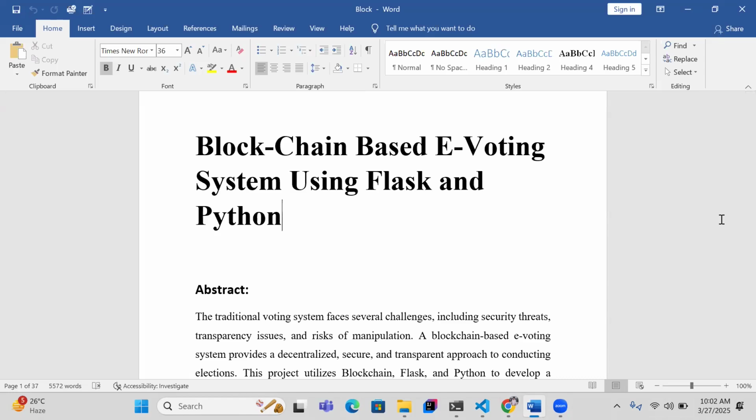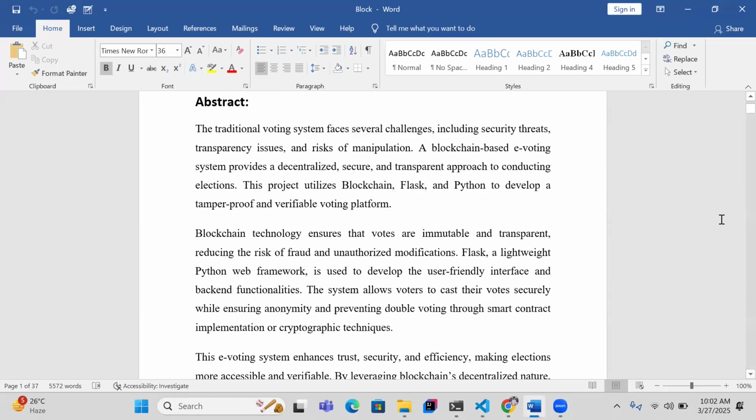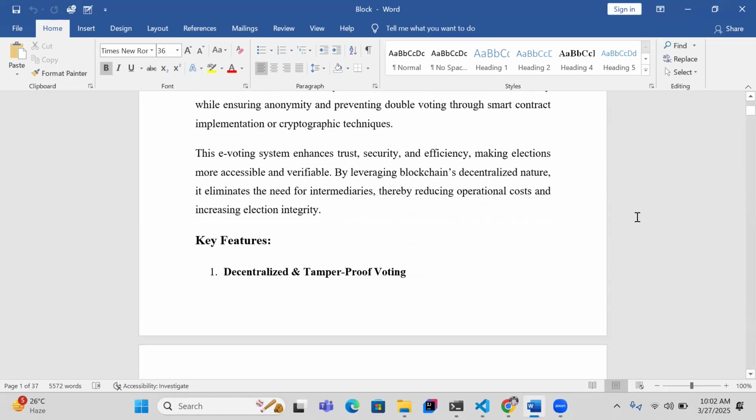The project name is blockchain-based e-voting system using Flask and Python. So the system uses blockchain technology to ensure the transparency and the security of the votes. Here each vote will be stored in the blocks, and the blocks are linked together by using cryptographic hashes. And in this we will use PoW, proof of work, an algorithm that will ensure the integrity